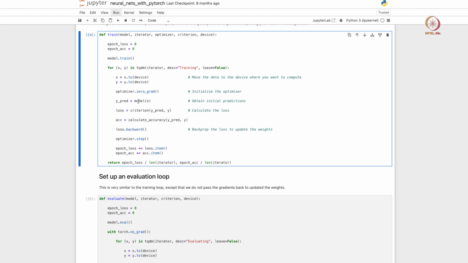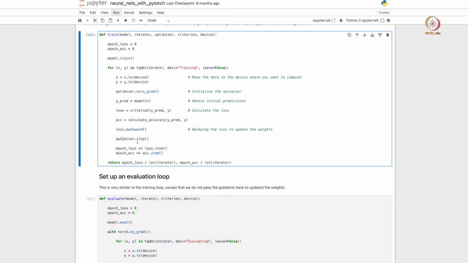This is obtained from the model itself. The model takes in an input value here, and then we calculate a loss, right. The loss comes once again from the criterion here. We also calculate an accuracy, which comes from our calculate accuracy function, the separate function that we defined. Once we have calculated a loss, we can then backpropagate the loss through the network, and to do that we call this backward function here. This calculates the gradient of the loss with respect to the different weights, and then it backpropagates the loss across the different layers, right.